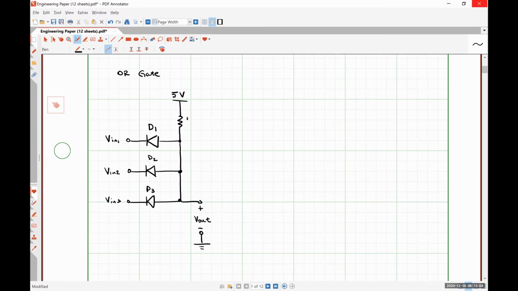And here is our resistor R. Okay. So we have 3 diodes again. Notice that they're effectively flipped in polarity from the diodes of the OR gate. And so if we drew our logic table,